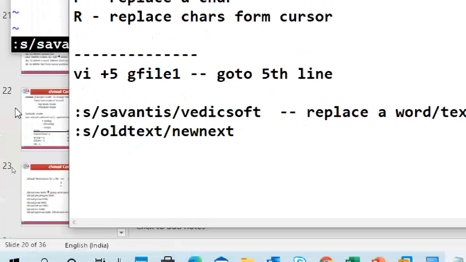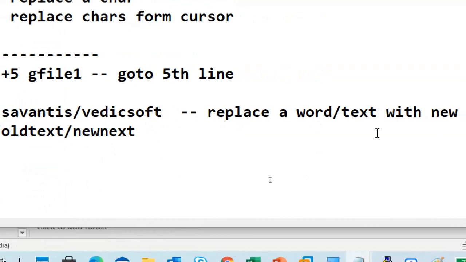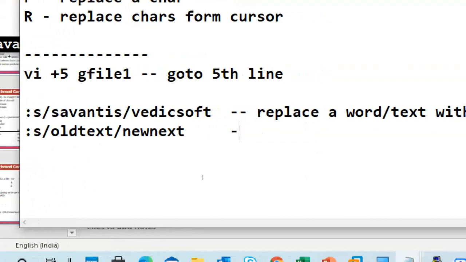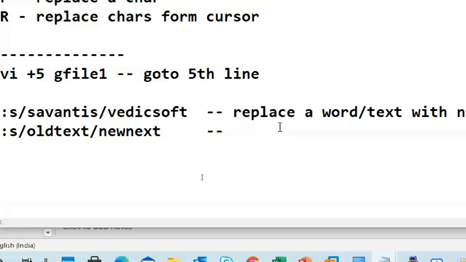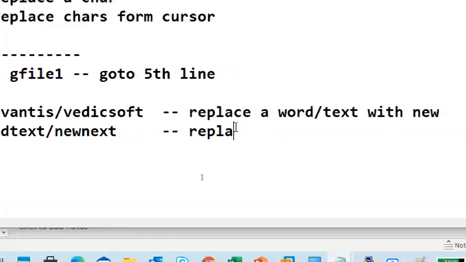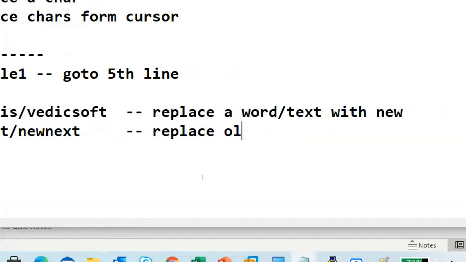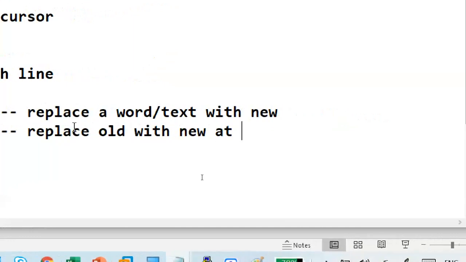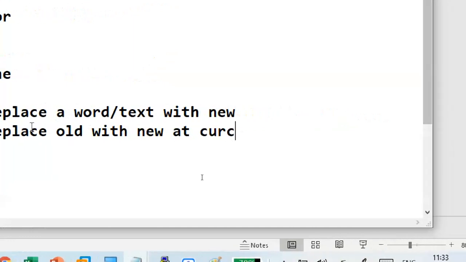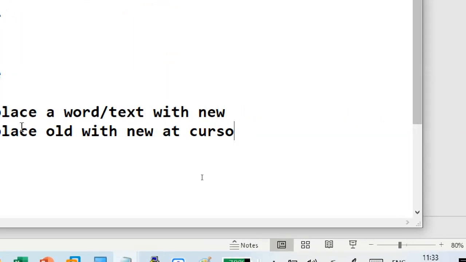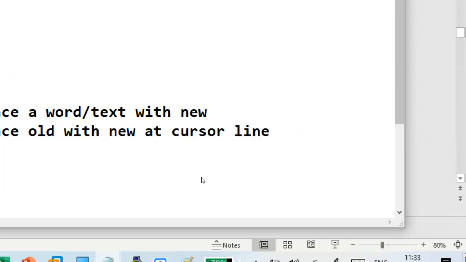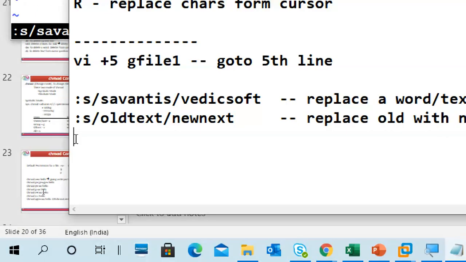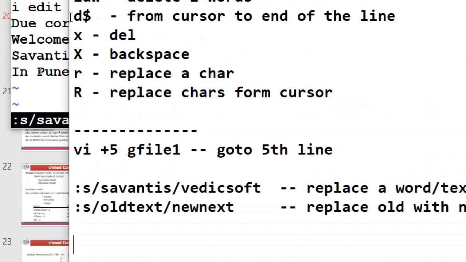This is how we can give it, and make sure where it will change: it replaces the word with the new one at the cursor line only. You can put the cursor anywhere, but it changes in that cursor line only.